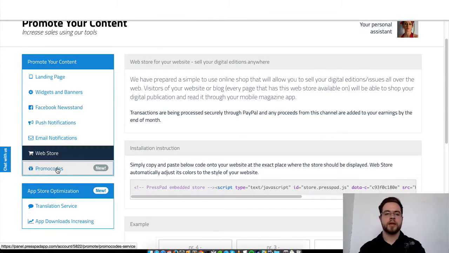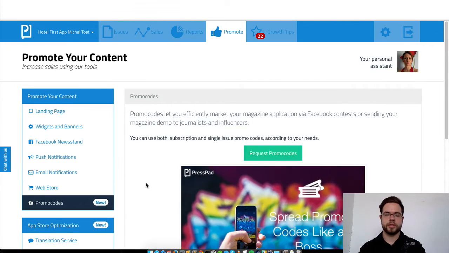And just as when it comes to increasing your popularity among the people that already know your magazine, we also prepared some tools and things that you can do, starting from the promo codes. So this is a new feature that allows you to send a promo code to someone, and with this promo code he or she will be able to read your magazine for free through the application for a specific period